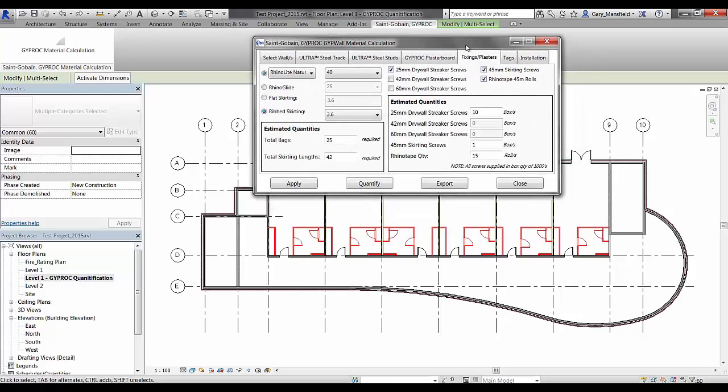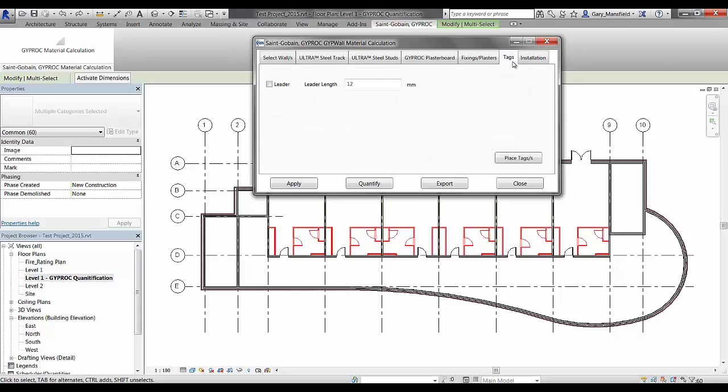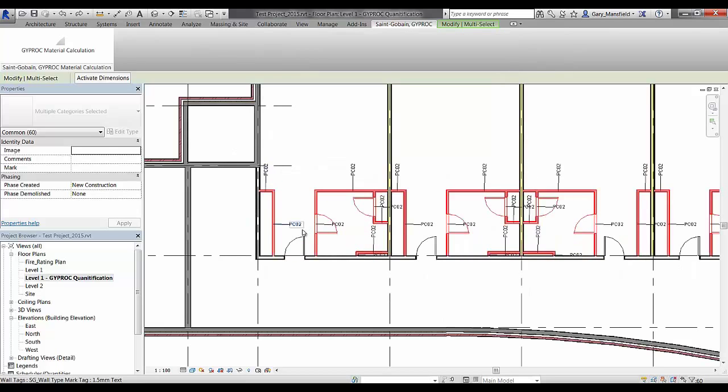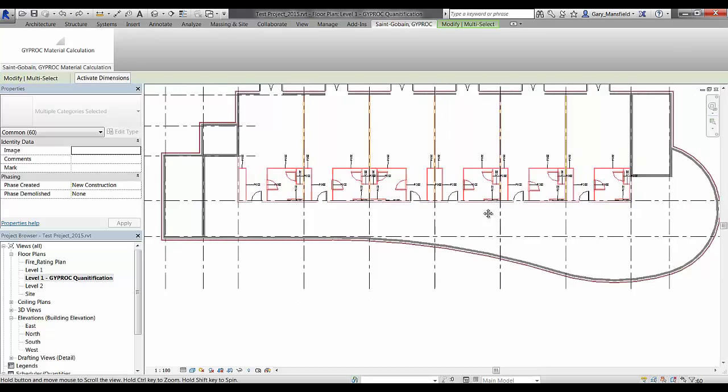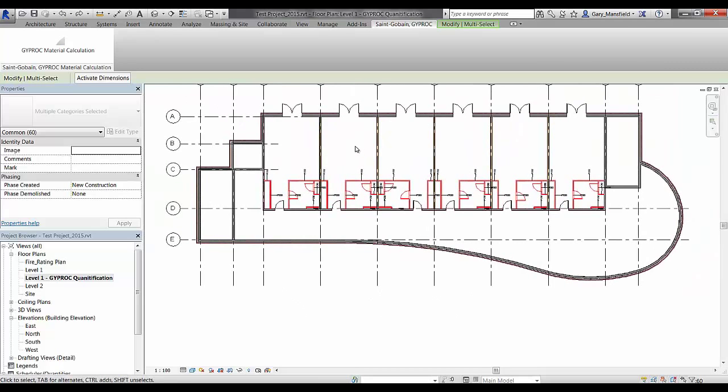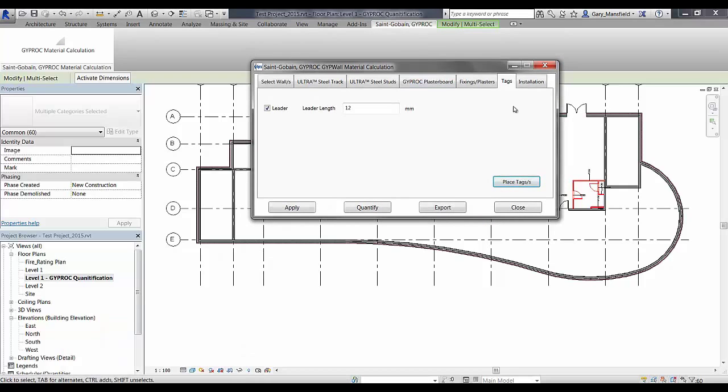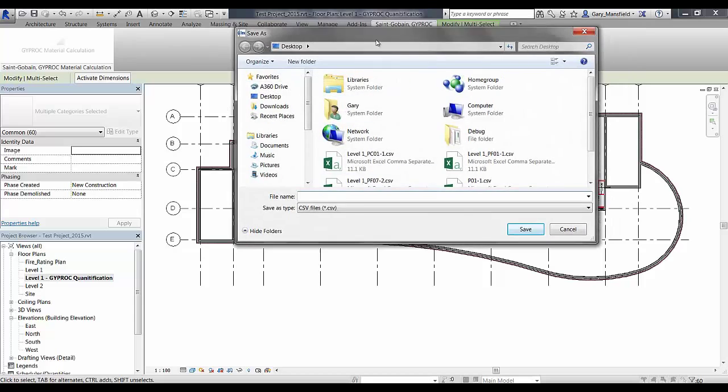Now, to ensure that you do not duplicate the quantification in a floor plan, we've added a tab where we can place the tags. And once we hit the place tags command, it will place down a tag on each segment of wall that has been quantified. Okay, so this is just a method of making sure that you do not duplicate quantifying the same wall system. Once I've completed the tagging, I can then export the information into a spreadsheet,